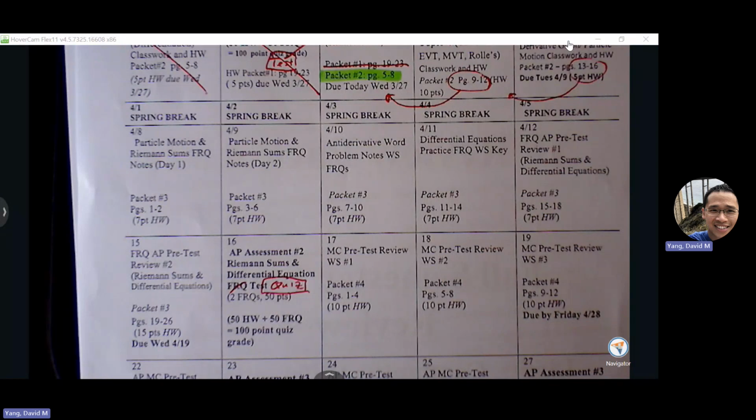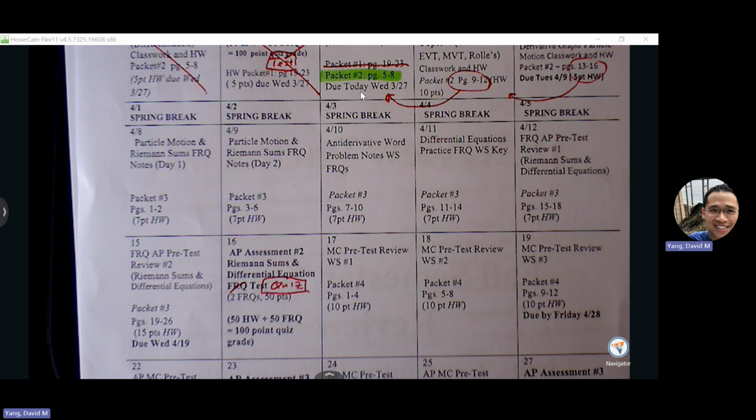Tonight your homework will just be page 13 to 14. And then tomorrow I'll go over some of those problems as well as do page 15 and 16 in class. And then in the class, I'll just walk around and check that you guys have done page 15 and 16 that we did in the class. And then I'll be able to have